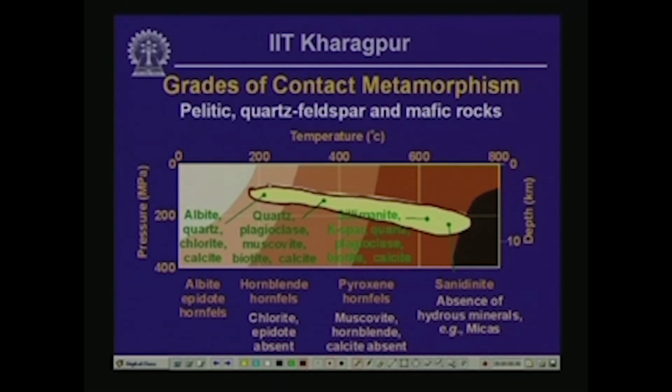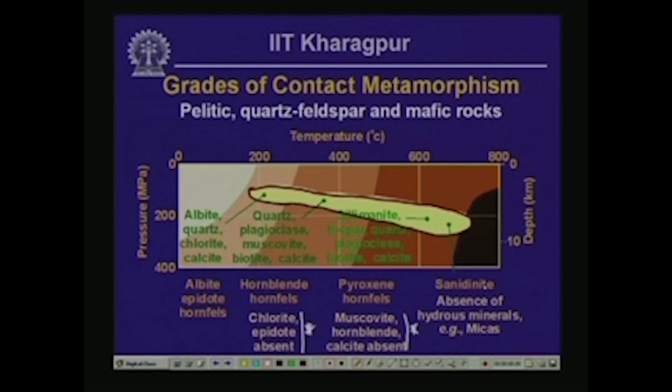And what you should notice here is that from these facies, chlorite and epidote minerals are going to be absent typically, and then as the grade of metamorphic rock becomes higher, we are going to get into pyroxene hornfels, which contain a large proportion of pyroxene minerals. What you are going to get here is absence of muscovite, hornblende and calcite, and finally at the highest grade,